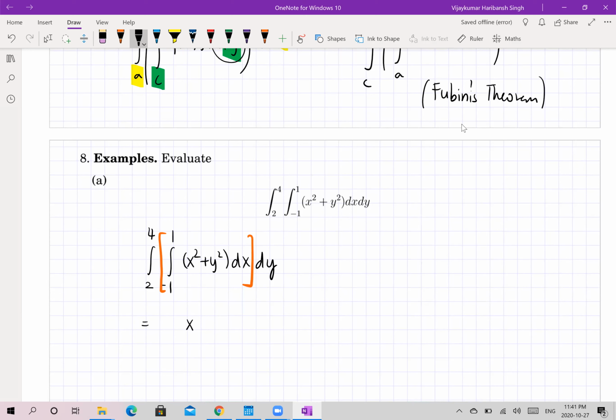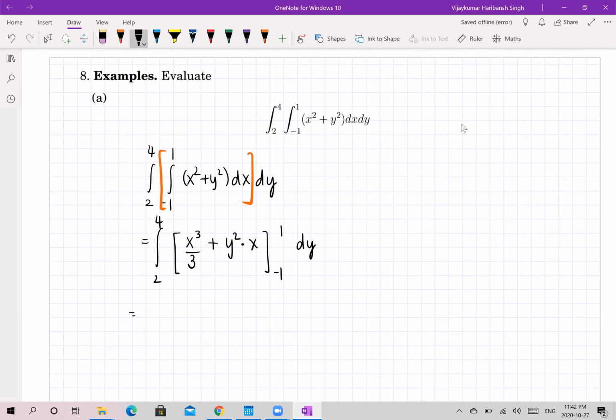So the integration of x squared will become x cubed by 3. Integration of y squared with respect to x, you'll have extra multiplication by x, right? The limits of integration are minus 1 to 1, and then you have, of course, the outside integral with respect to y. And then we have x cubed by 3,